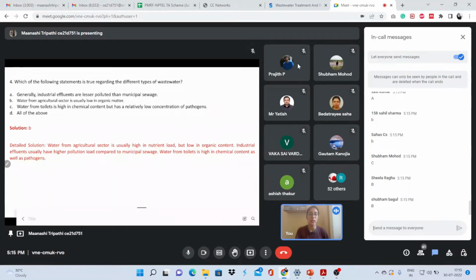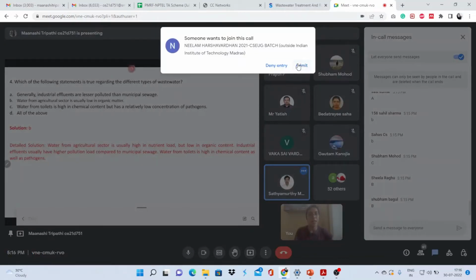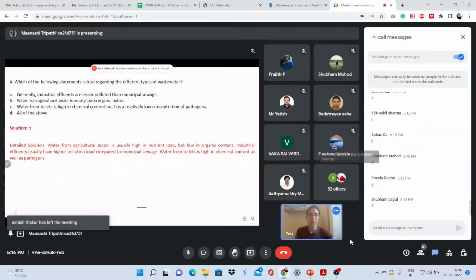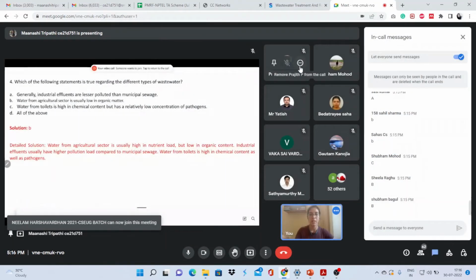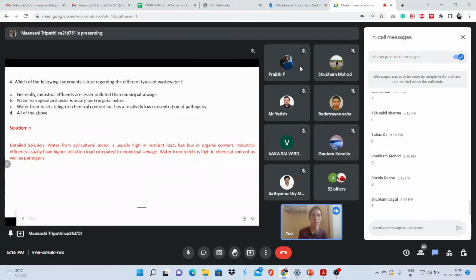Why is there a high nutrient concentration in agricultural wastewater? Because of fertilizers. Yeah, very good. So organic matter will be less. It's not like a crop will break inside it and go along with the flow. Most of the time, we use fertilizers in excess. If 5 milligram per liter is required, we will use 7. So that is the problem with us. And this fertilizer use is creating further problems. That's why in our wastewater treatment plants, we are trying to remove these nutrients as well.